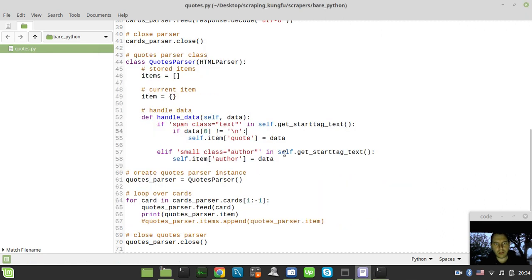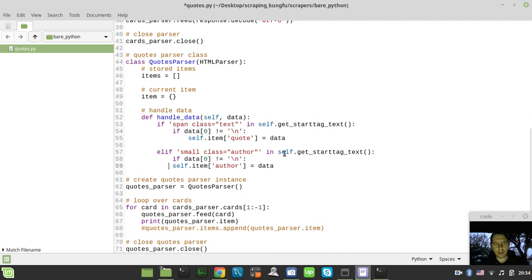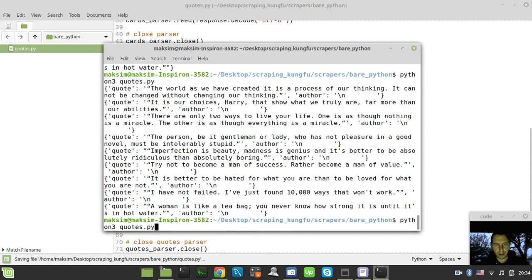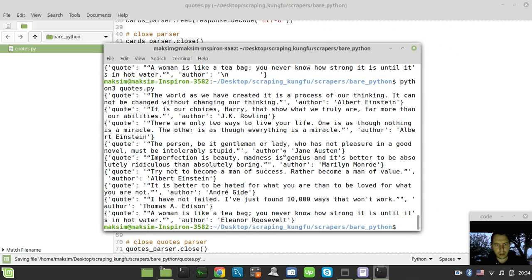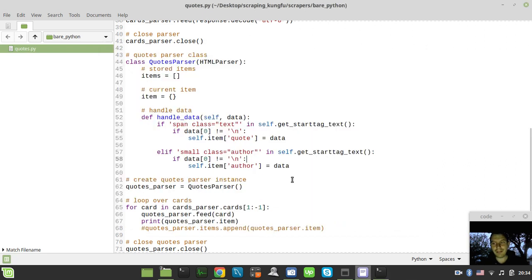And okay, so this condition, copy. I have no idea where that new line is coming from, but seems like, okay, now we did extract the author as well. My god, I can't believe it. I am even afraid to